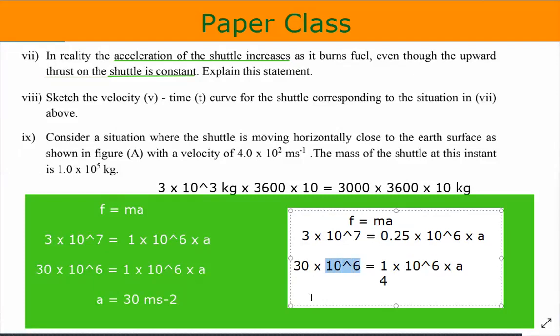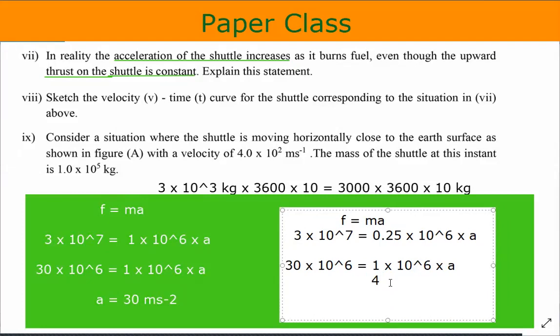So what are the remaining terms there? This 4 will be there, this 30 will be there. So look at the board very carefully. The remaining terms will be 30 on this side, and on the other side we have 1 over 4